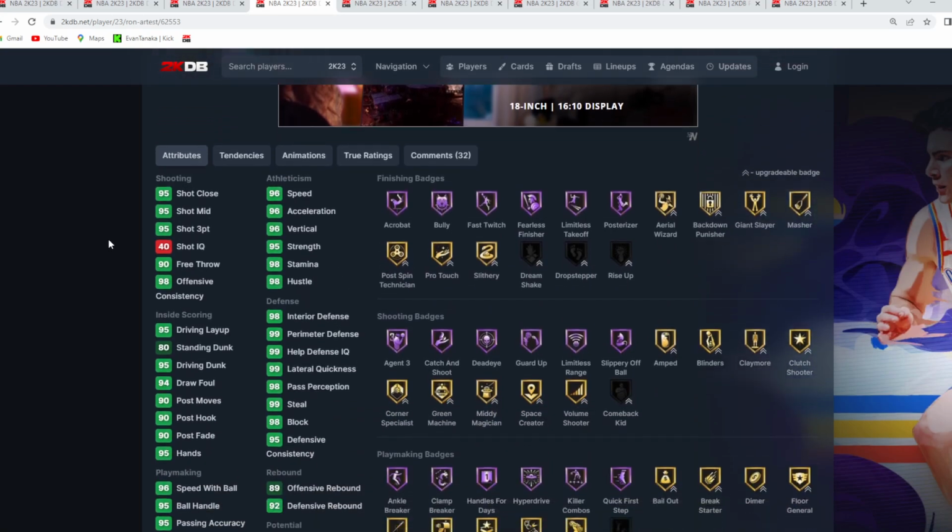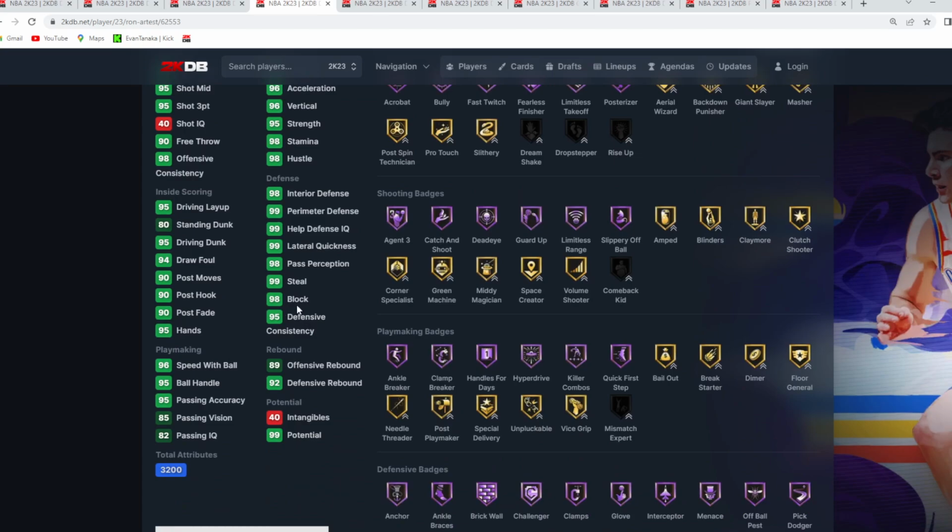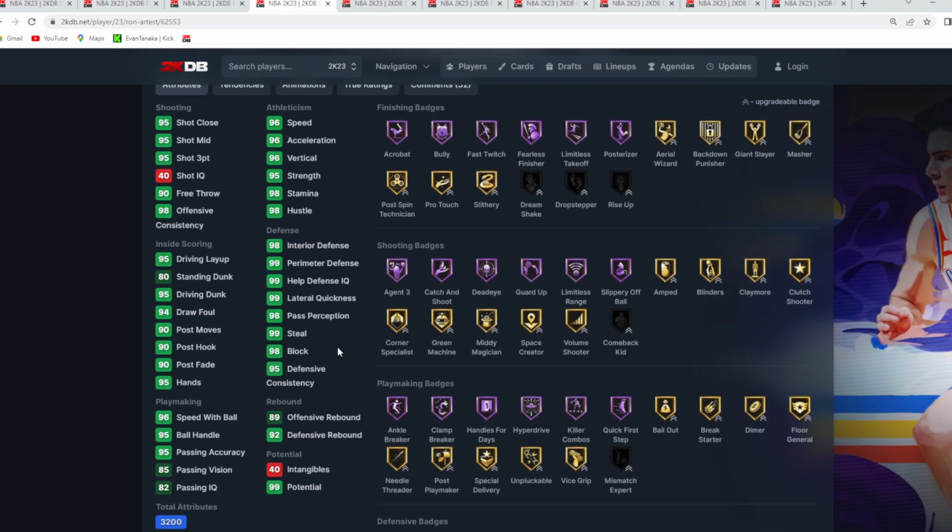And like I've always said about Ron Artest, he's one of the best defensive point guards in the game, especially on the ball, guarding the perimeter. He's got a 99 steal, 99 lateral quickness, 99 perimeter. Then he's also got a 98 block and a 98 interior defense, which makes this card just all around elite